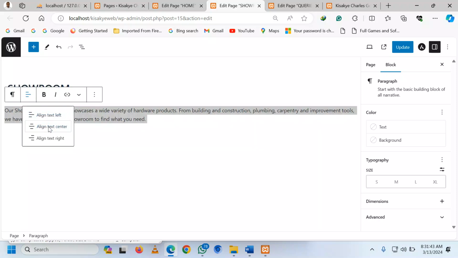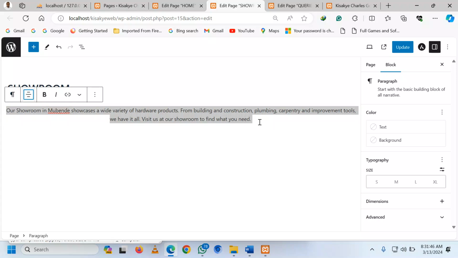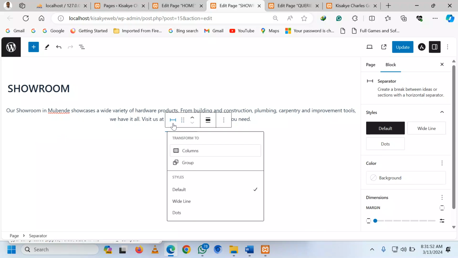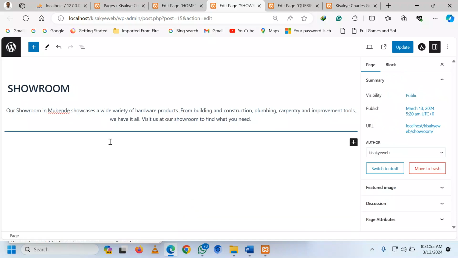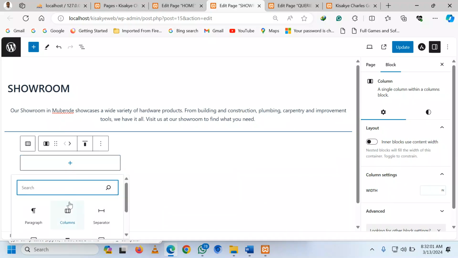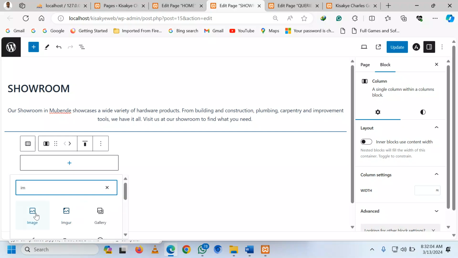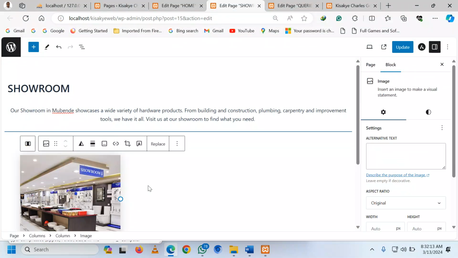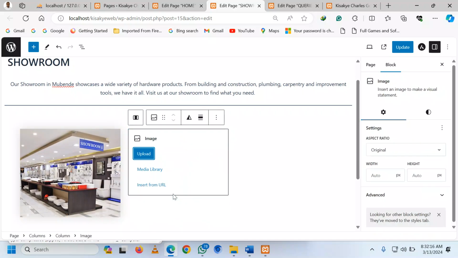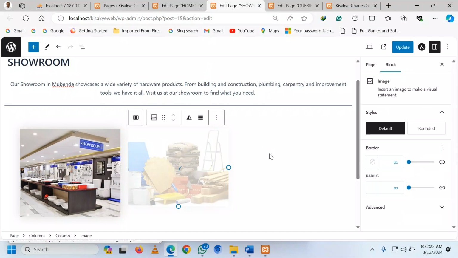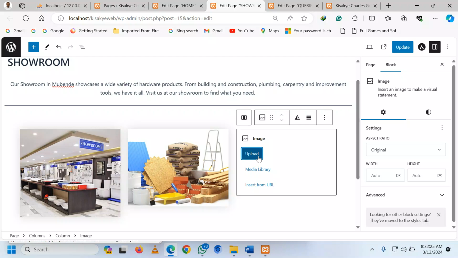Okay, so this we can put to center, and then below we can put a separator as a block. We can make it wide, and then below we need columns to put our images, 3 columns. So in the first column we need an image, so get image, upload. We shall need an image at least, can have that. Showroom 1, we can upload another image in the middle, for example. Yes, we can add a third one,